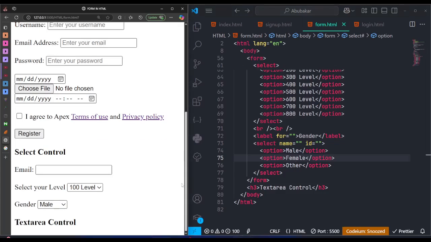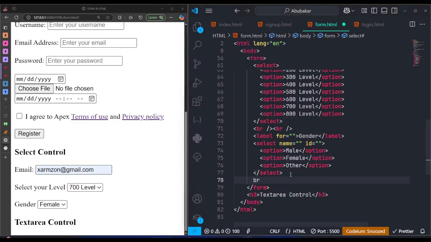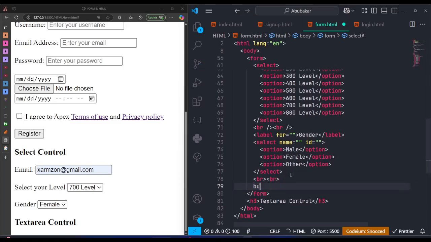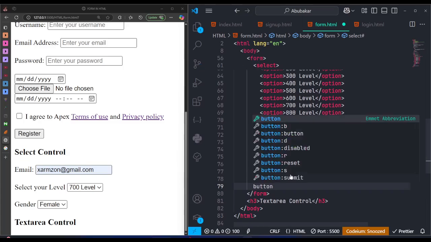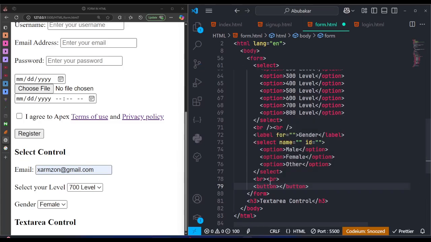And now we have the form where the user can input their email, they can pick their level, and they can pick their gender. And how do they submit the form? It's still the same process. So when you want to process the form, you are going to use button. But button is not just used for form alone. It can be used outside of form, because you can use button in different places on a site like that. So this one is going to be register for the program like that. So that's just the stuff that I want to display